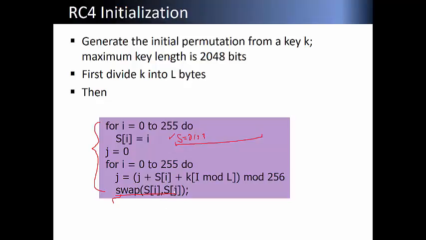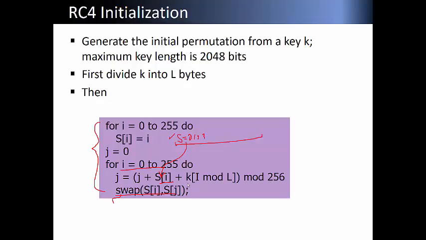We keep swapping, but i is linearly increased from 0 to 255, while j is generated. j can be generated from j plus S[i], and then we need to pick the second value from this vector.